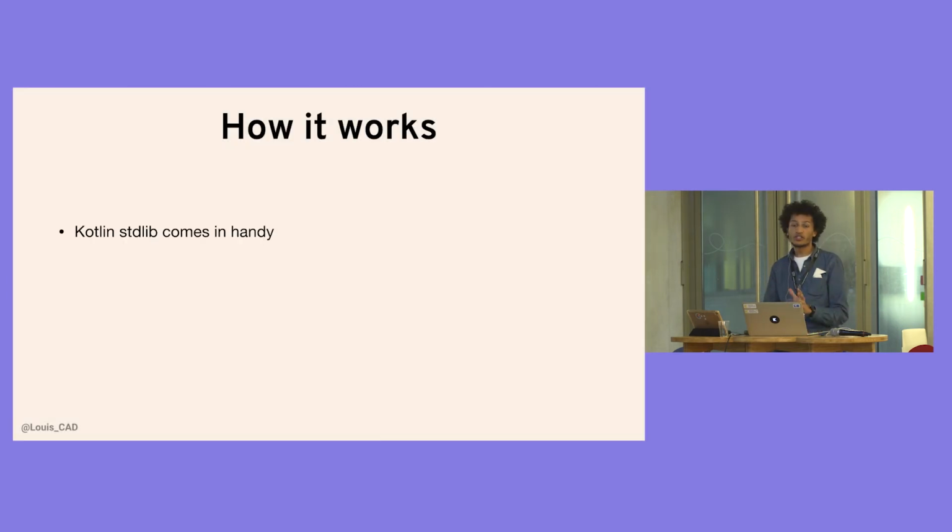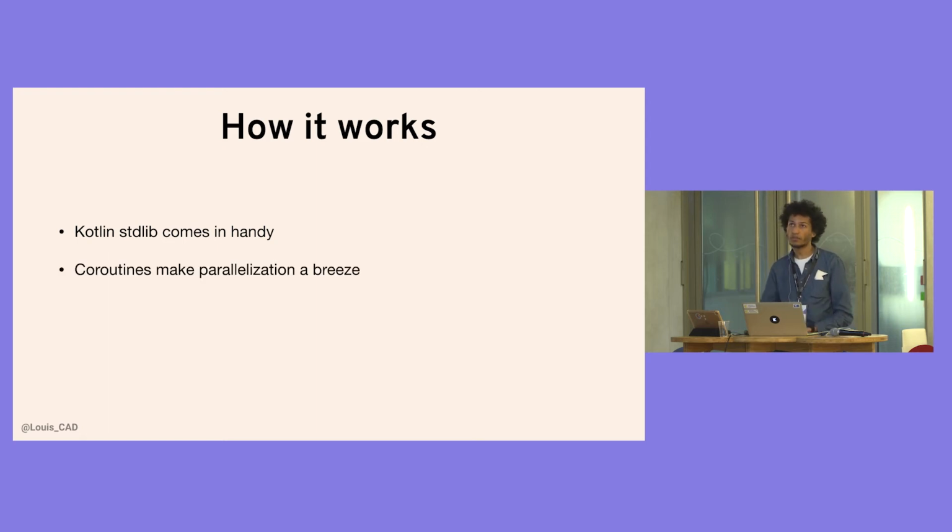So how it works, just a summary. The Kotlin standard library came in handy on this project because there are multiple modules in the project. There are multiple configurations in these projects, but you have dependencies that you will find in many configurations. So Kotlin enabled, for example, with extensions like distinct, with sequences, with lists, to make it really easy to work with that and to end up with what we have to process, and to not search twice for the same dependencies and overload